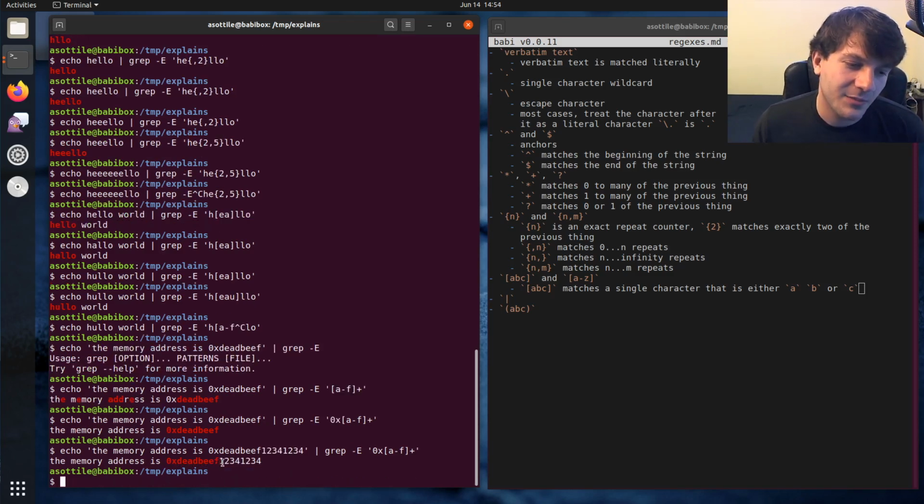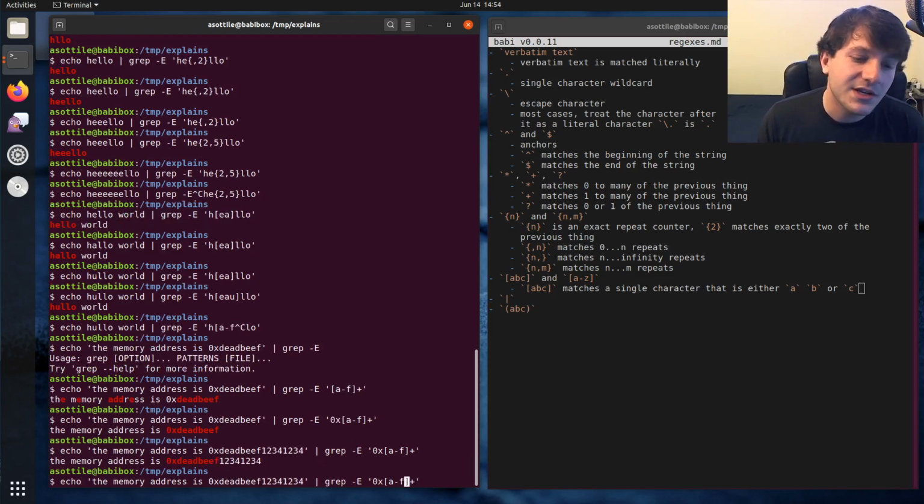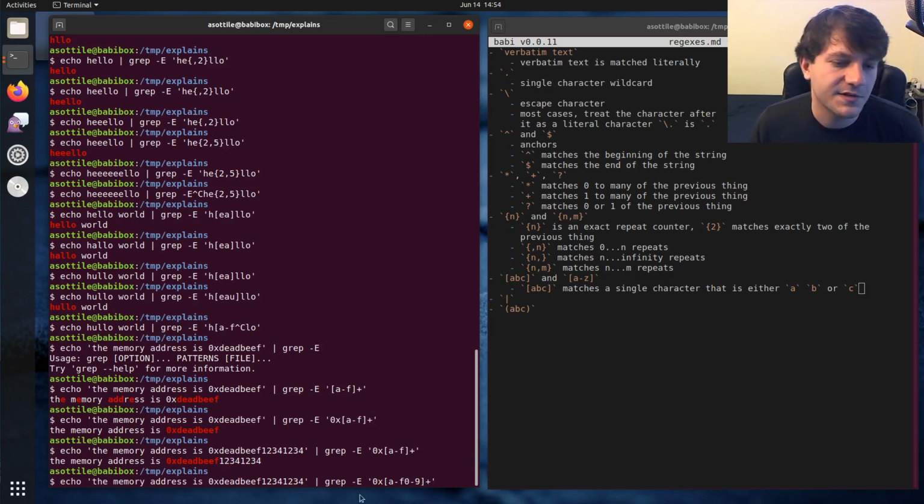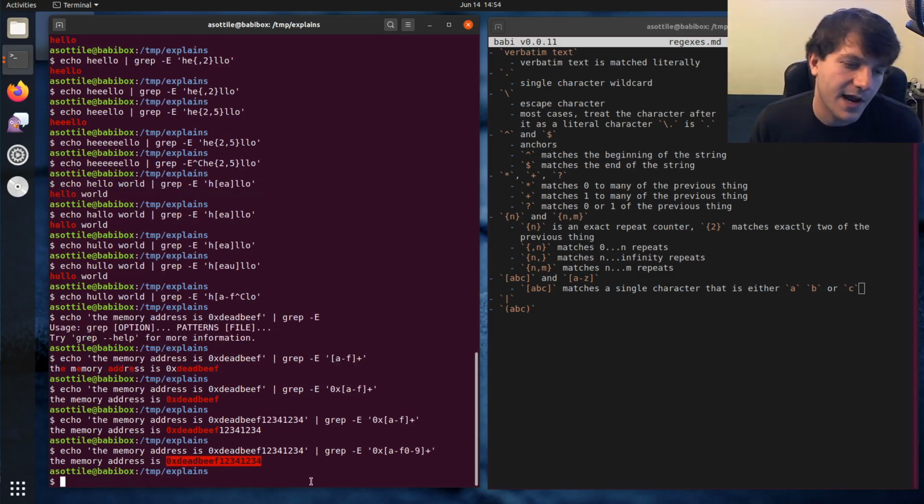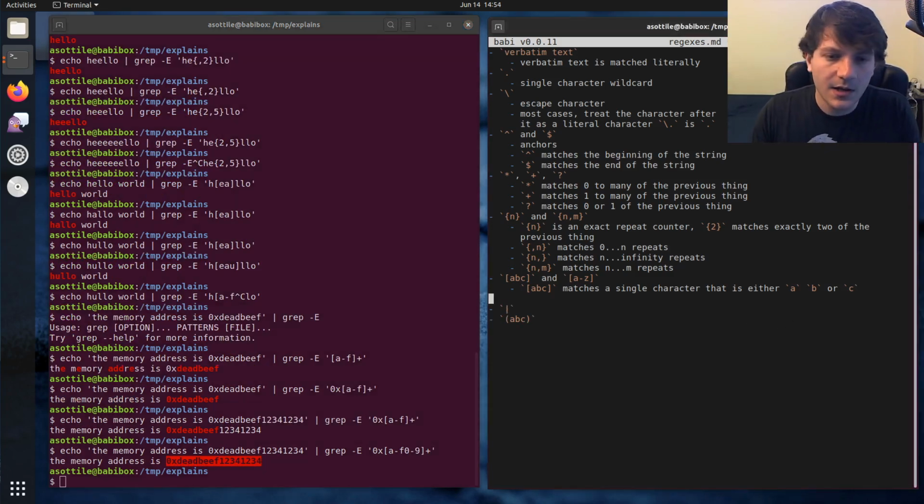You'll notice that we're not properly matching these numbers yet. We can actually extend this character class by adding another range inside of it. So this will match any character between, inclusive, A to F, and then it'll match numbers after it as well. So you can see that now we're matching our entire hexadecimal string there. So let's talk about that here. A to F matches a single character that is inclusively in the range